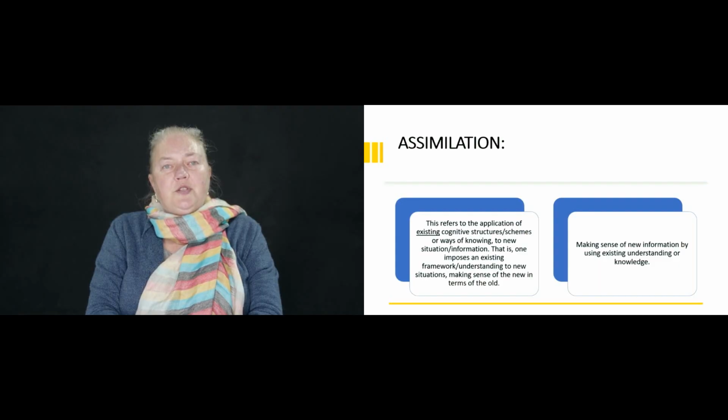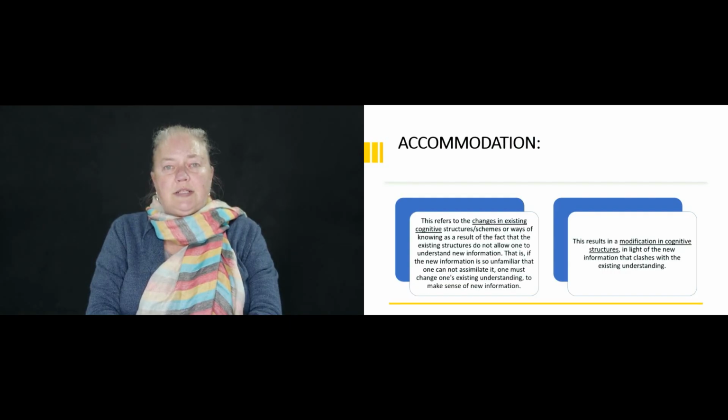For Piaget, the first was assimilation, and this refers to making sense of new information in terms of what you already know. So, for example, if I was to put my hair down as opposed to up, you would be able to assimilate that it is still me because you know my voice, but you would then have to accommodate to know that I can occur with my hair up in a ponytail or my hair down.